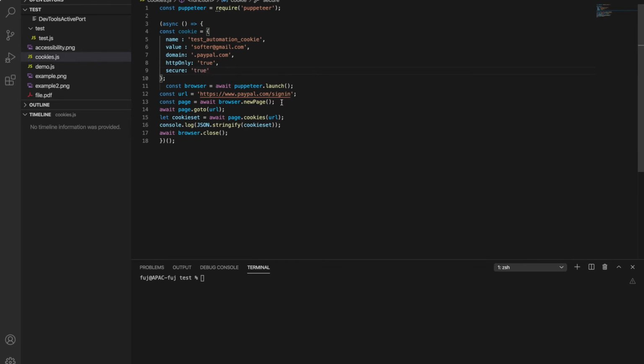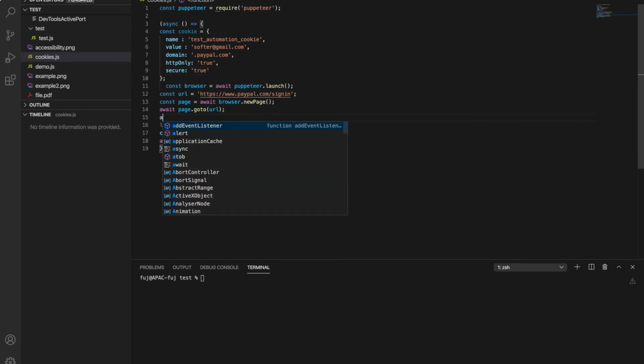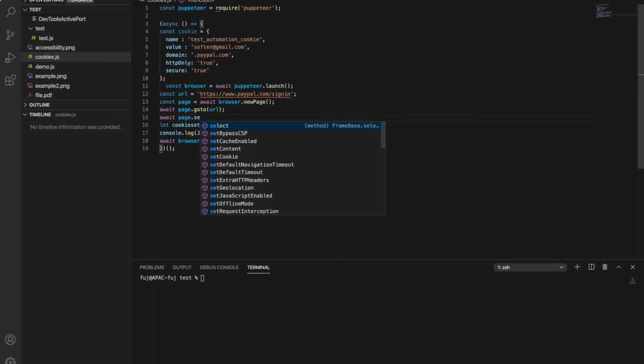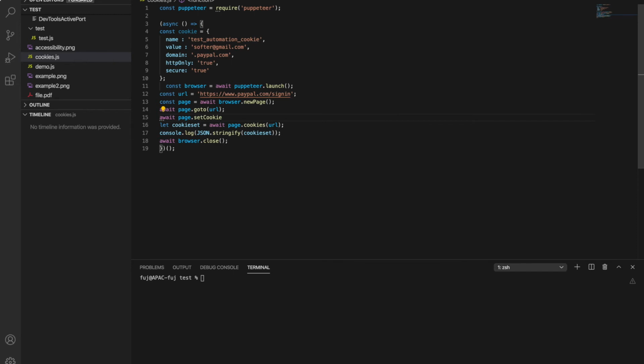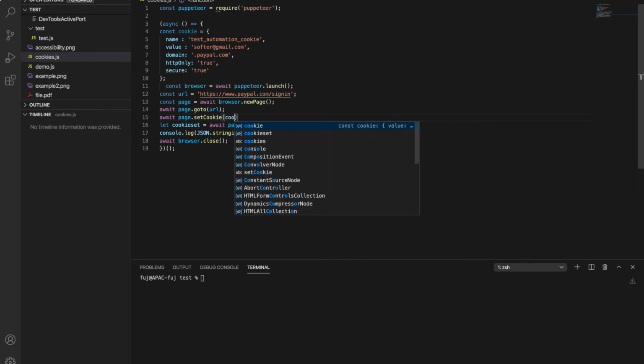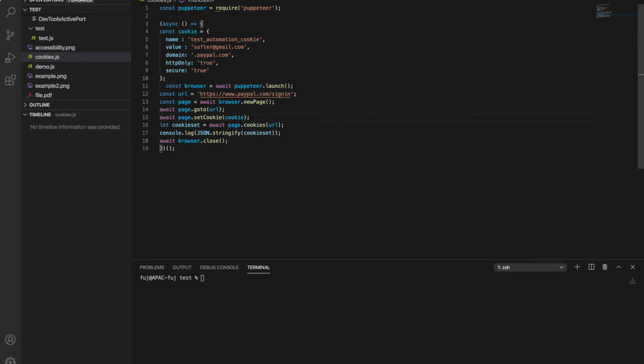Now let's try to set it after opening the page URL. Await page.setCookie. We need to pass the cookie we have created. Okay, now let's try to run that.